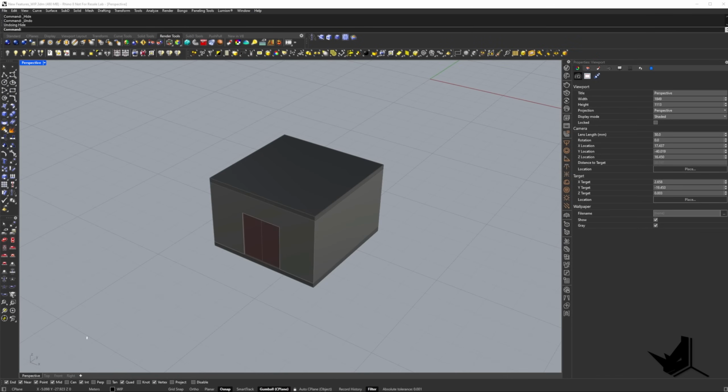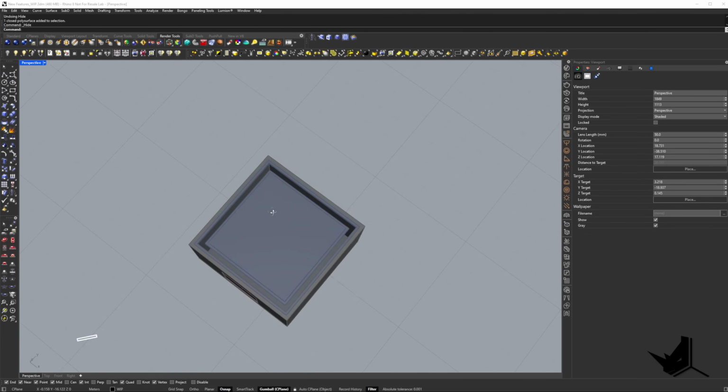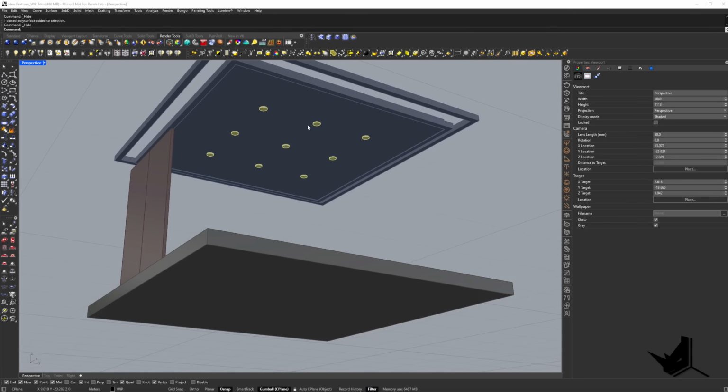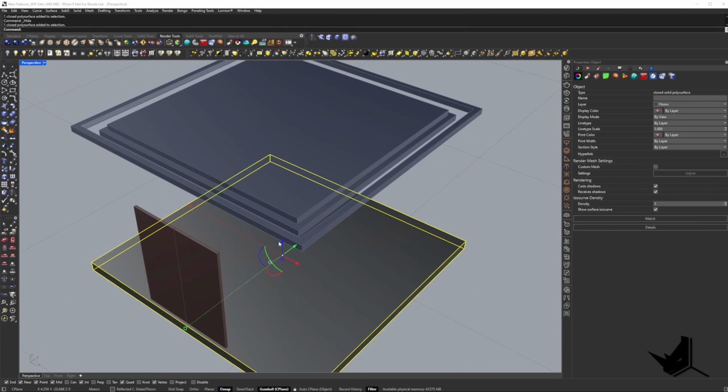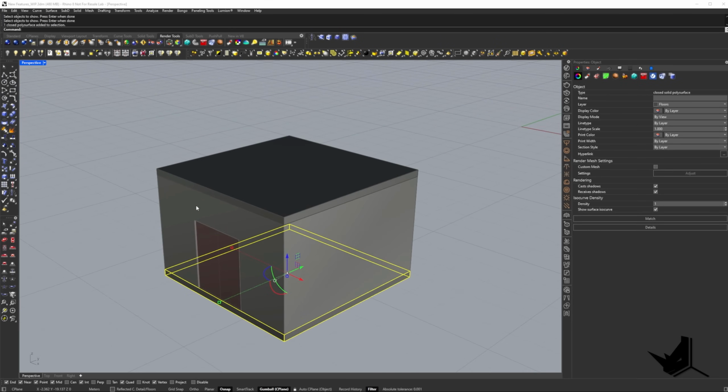The next feature we have is reflected ceiling plan. Now in Rhino you can actually create those plans in a much easier way than before. So I'm gonna show you here. We have a simple room. I'm gonna hide this temporarily just to show you. So we have the walls, we have the top, and then we have some kind of plan for the lights, and then we have also the base. I would, for example, hide the bottom because we will need to hide the bottom so we can see the